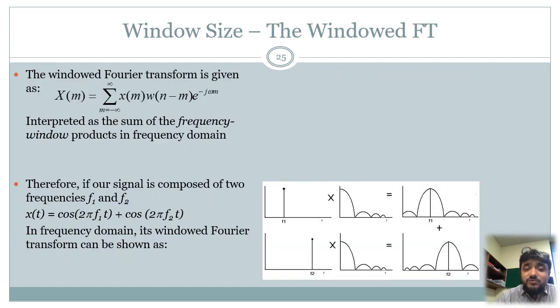ये चीज़ ज़रा जहन में रखिएगा। अब आगे चलते हैं। So here the windowed Fourier transform could be expressed as, अब ये वही वाली बात हो रही है कि हम इसको कन्वॉल्व कर रहे थे टाइम डोमेन के अंदर, वी कैन इंटरप्रेट दैट एज मल्टीप्लिकेशन इन फ्रीक्वेंसी डोमेन। सो आप यहाँ पर ये देख सकते हैं कि जो फ्रीक्वेंसी उसमें मौजूद थी f1 और f2, 800 और 1200 हर्ट्ज, जब ये चीज़ फ्रीक्वेंसी डोमेन में चली गई, यानी दिस इज द फोरियर ट्रांसफॉर्म ऑफ द इन्फिनिट टाइम सिग्नल, पूरे का पूरा सिग्नल,